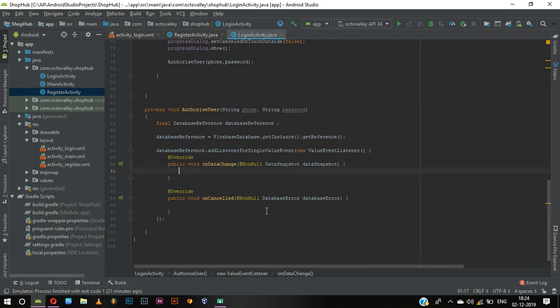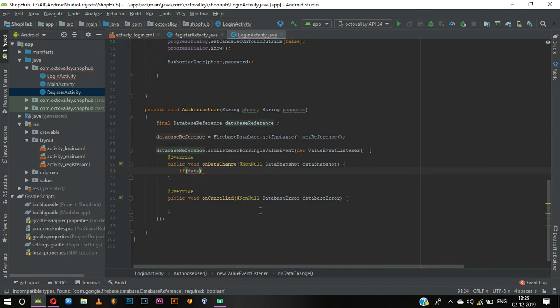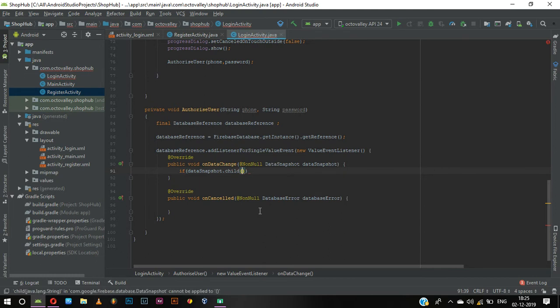And what we are going to do is, in onDataChange, dataSnapshot dot child, we are going to use the users node, but we are going to use the same login page for admin and employees also,